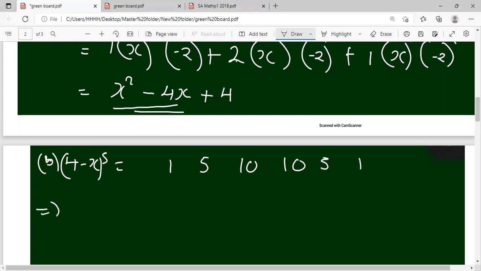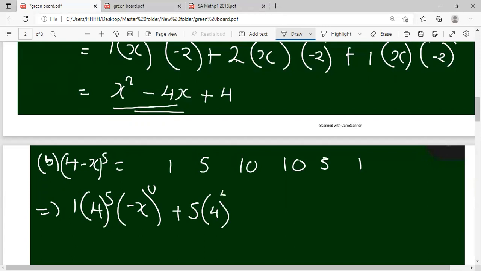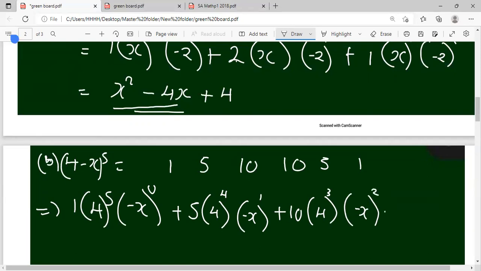So this implies that we have got 1, open bracket 4 to the power 5 by negative x to the power 0, plus 5, 4 to the power 4, open bracket negative x to the power 1, plus 10, 4, the power reduced to 3, then negative x will have now 2, but the total number of powers should be maintained,